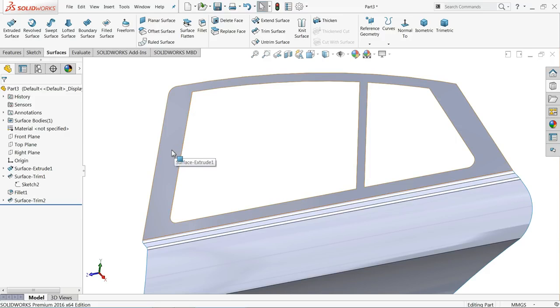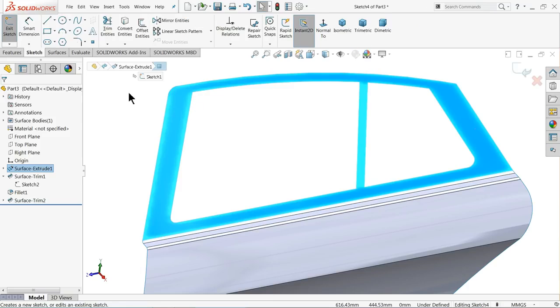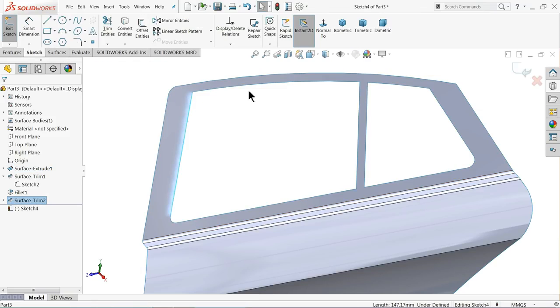Now again select this face, sketch. Now select all the sharp corner edges. Convert entity, the same in the opposite direction or side, convert entity.